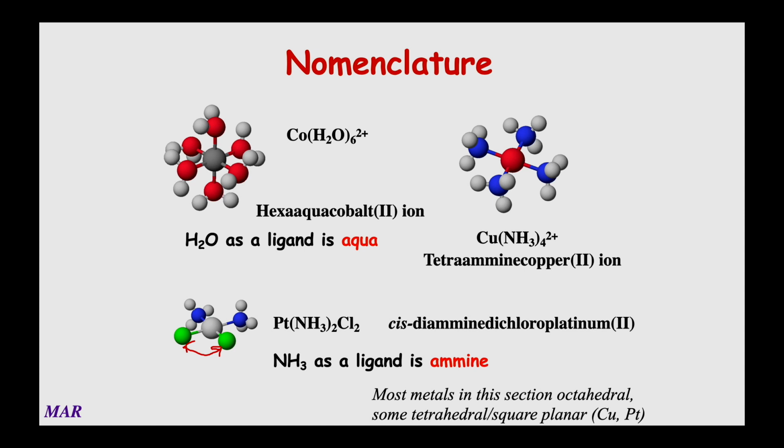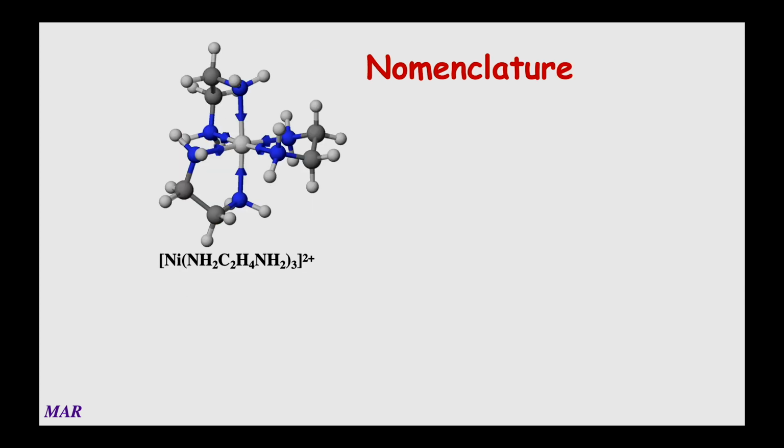All right. Now, most of the metals in this section are octahedral, but there are some tetrahedral, some square planar, all over the place. So again, with crystal field theory, which we're not going to talk about in this class, unfortunately, you can do more predicting if it's tetrahedral or square planar, but for right now, we'll just go for it as is. This compound has a lot of atoms, and if you look at the structure, it's like, what? But if you look at the formula, all right,